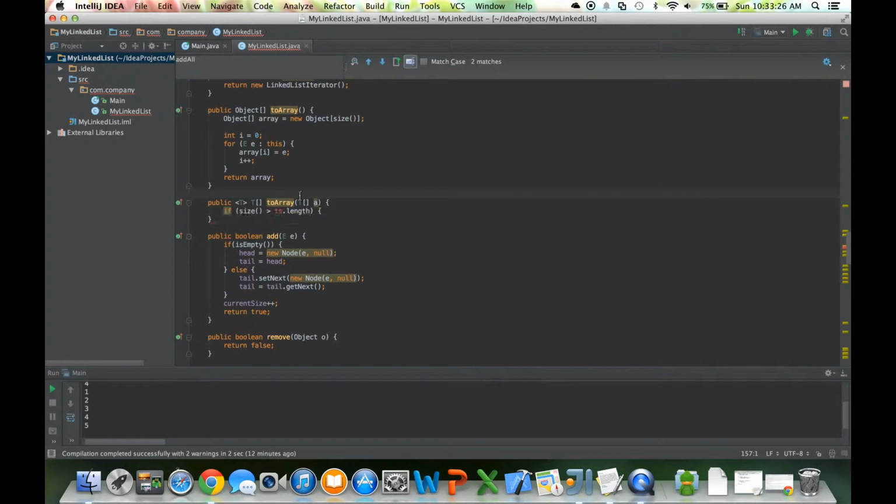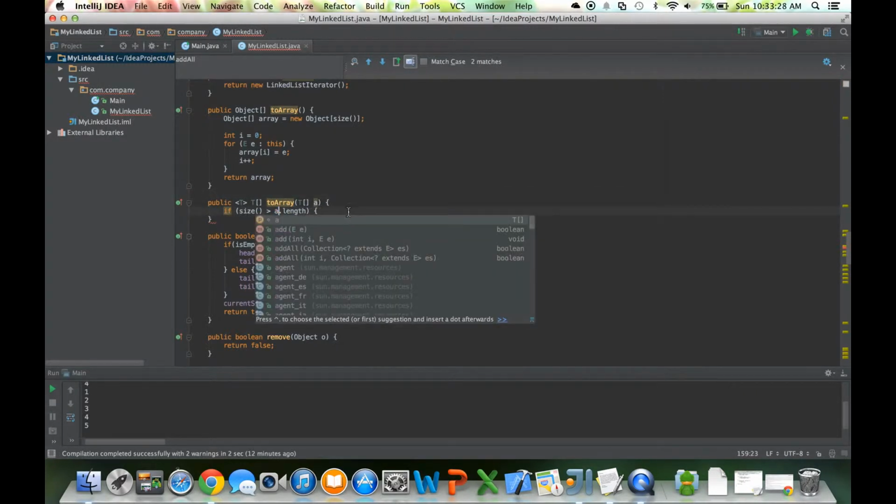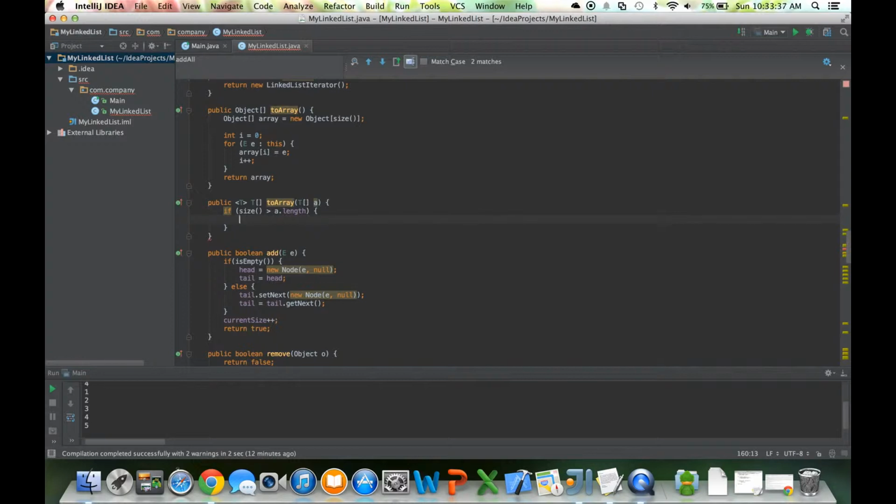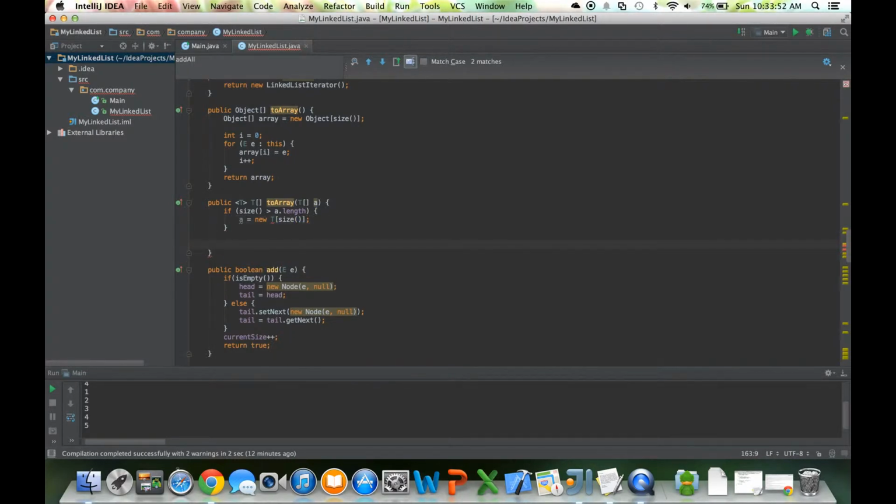So if the size of our list is bigger than the length of that array, then we're going to want to make a new array of type T. So let's set A equal to a new array, and we want the size of that array to be size, just like that. Okay, so now that we have our array that we're going to be putting stuff in,